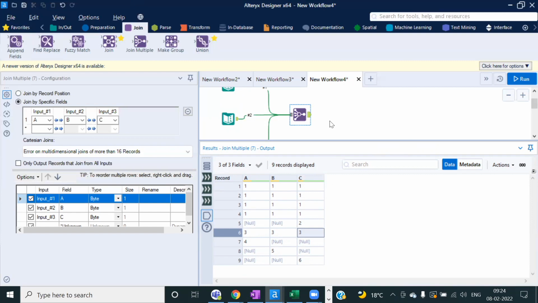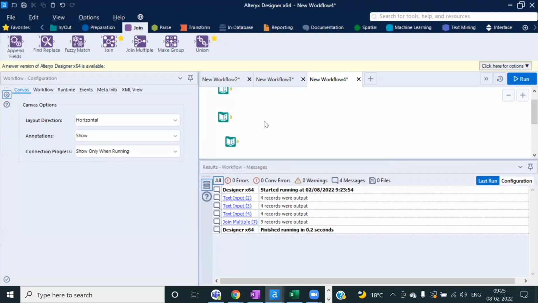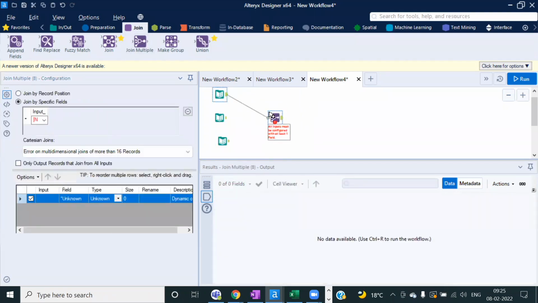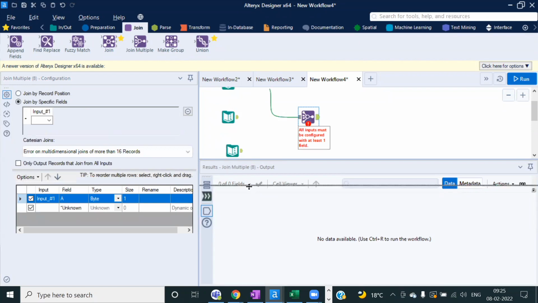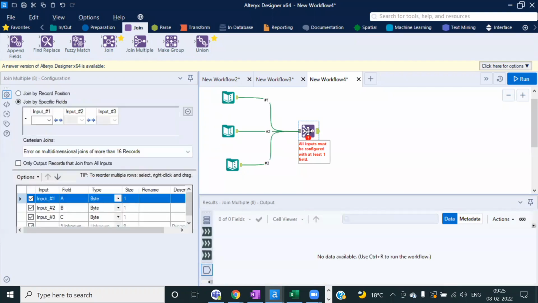Sir, can you please explain once more? Yeah, one more time. See, I have 3 tables, right? I need to join the 3 tables based on the IDs, whatever the column we have. So to do that, I will drag and drop the join multiple tool. I'll connect all the 3 inputs to my join multiple tool. Once I connect, I need to specify what is the joining key in table